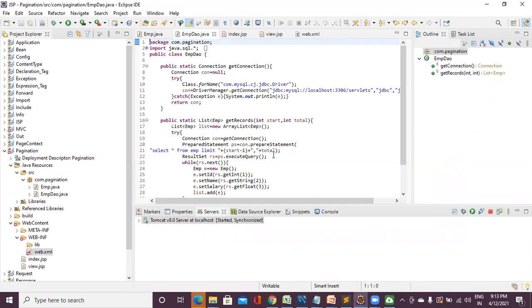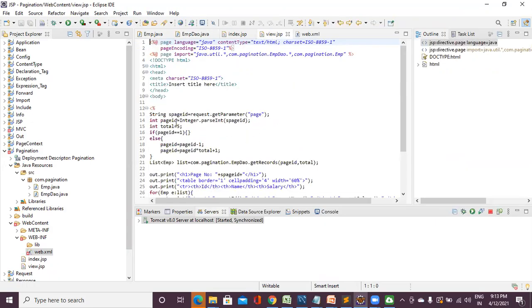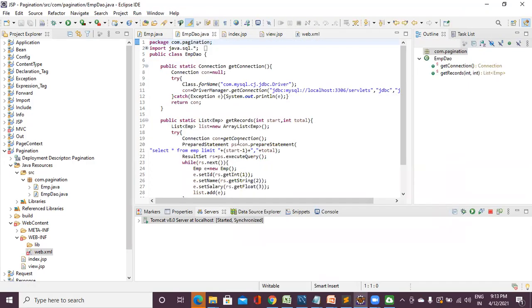Okay, like what the values of start and total are given in this view.jsp. Your total is 5 and your start is equal to, it will start from 0. Okay, so next ResultSet rs equal to ps.executeQuery, while rs.next, it is checking the condition